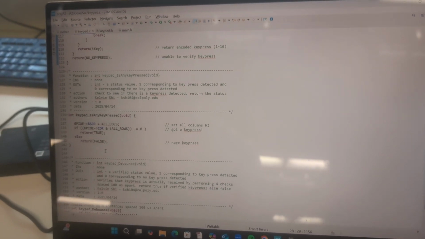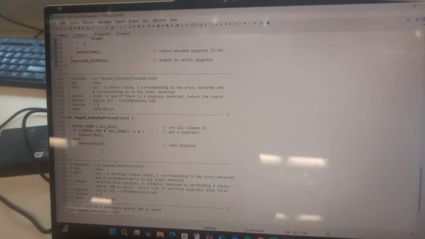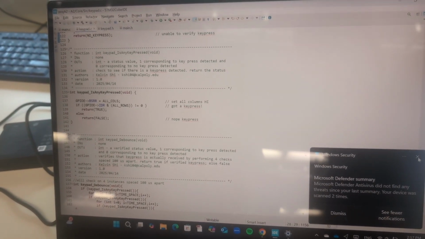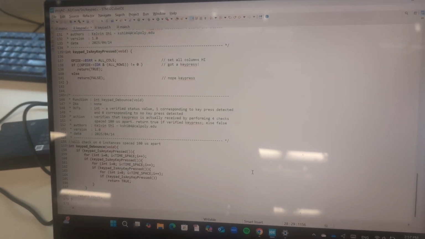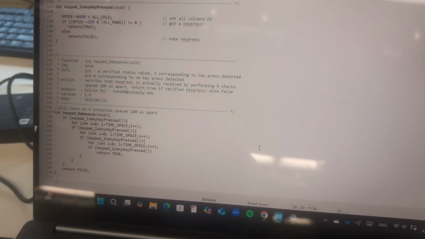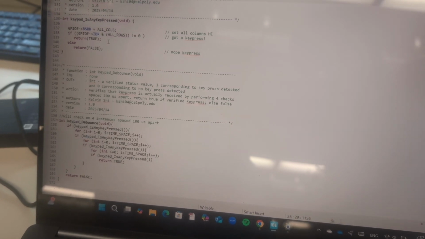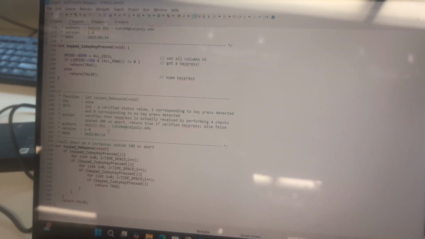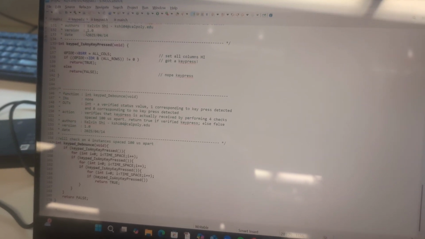We have a function to determine if any keypad is pressed. And then our last function here is our debouncer, which calls is any key pressed 4 times, spaced 100 microseconds apart, to ensure that an actual press is